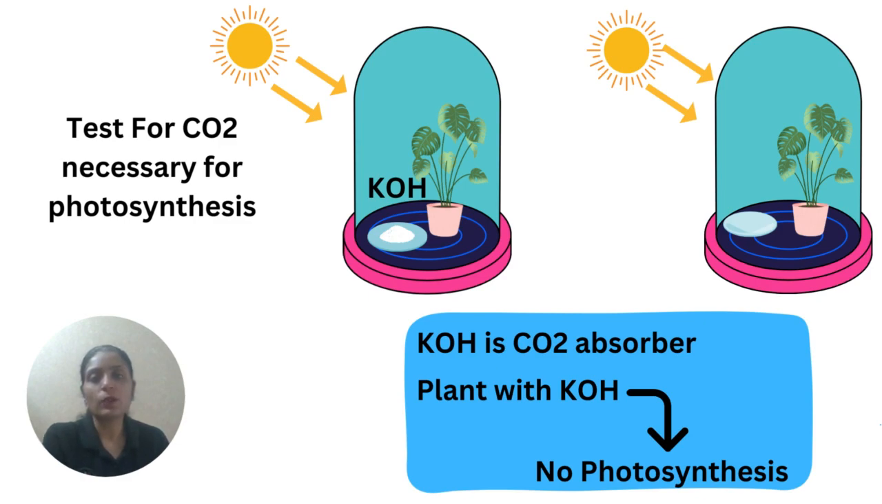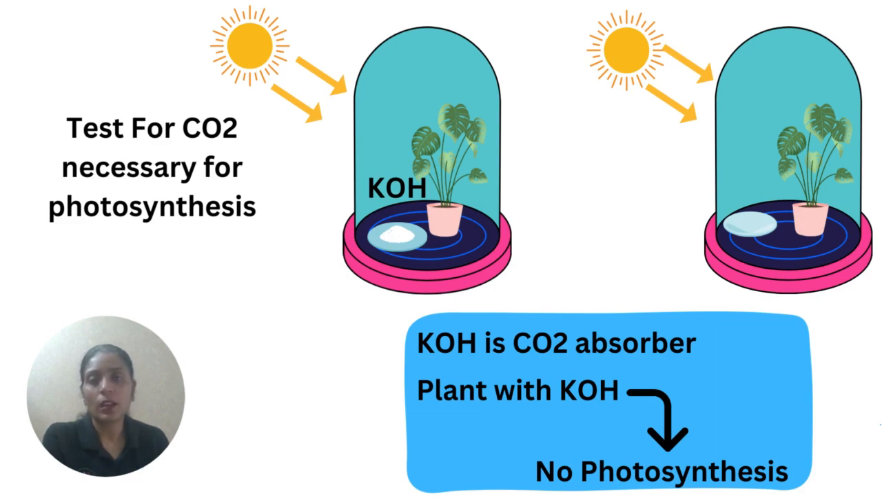Now, both of them we have sealed with the help of a bell jar so that only the inside air, carbon dioxide, is there. No fresh carbon dioxide can enter into this. Now, we are passing the sunlight to both the bell jars. As per the conditions, sunlight is there, roots are able to absorb water, every condition is there for photosynthesis for both